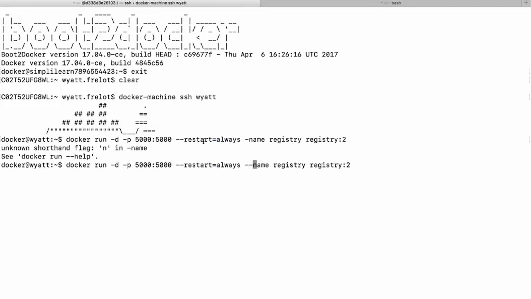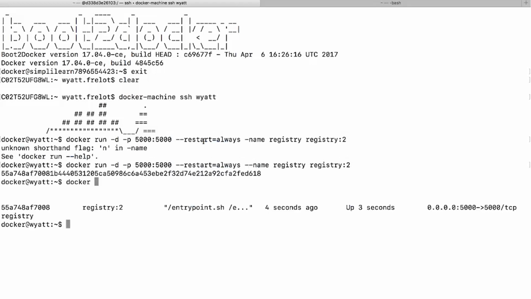It was 2 dashes. Okay. All right. So now if I do a Docker PS, I see that my image is running that I named the registry 2. Okay. And there it is. So I see that my registry is now running. So now what I'm going to do